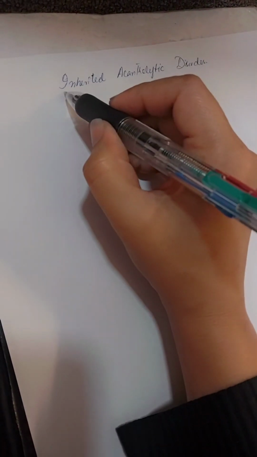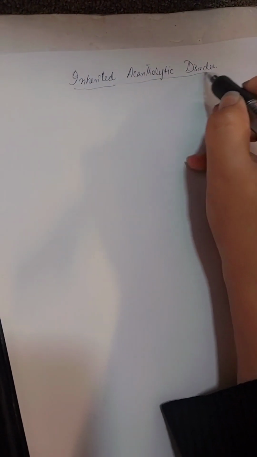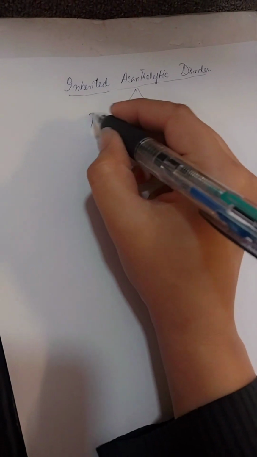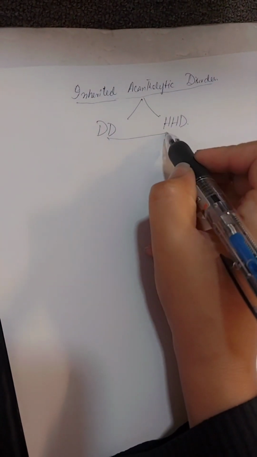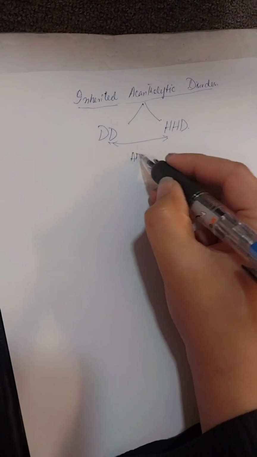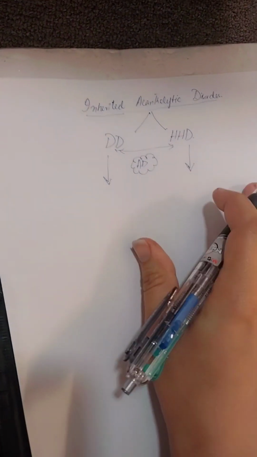Today we are going to discuss the inherited acantholytic disorders, which comprise two disorders. One is Darier disease, another is Hailey-Hailey disease. The common thing to remember: both these conditions are autosomal dominant, so no debate about the genetics of this disorder. If you remember the second names of these disorders, it would be much easier for you to memorize all the